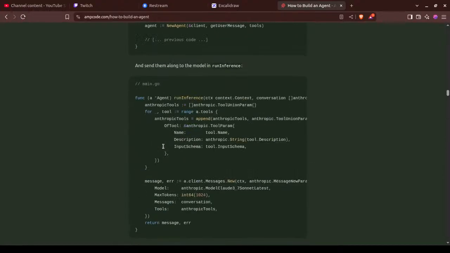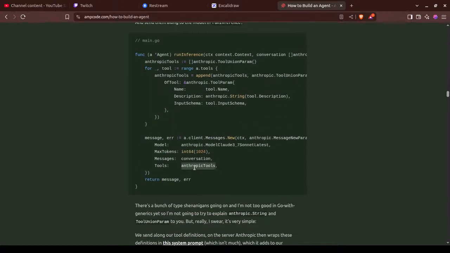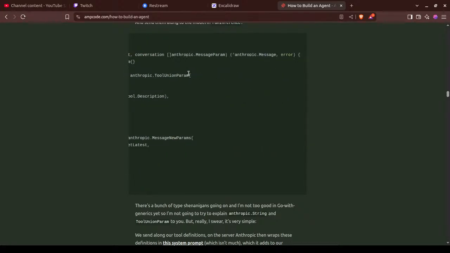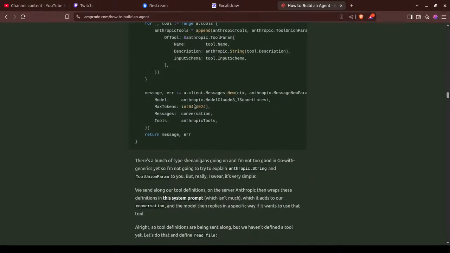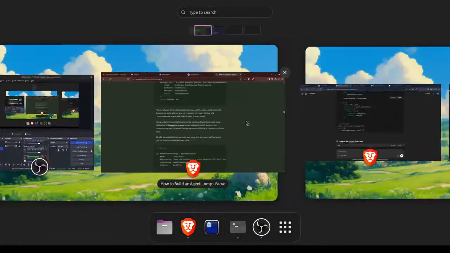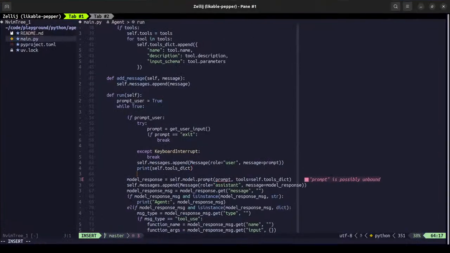Like let me check run inference. Yeah, what we do is we loop through the tools and append those tools here. That is not ideal, right? That is too much. So never mind. What I understood is we just pass in the conversation. Okay, this is just the wrong thing.